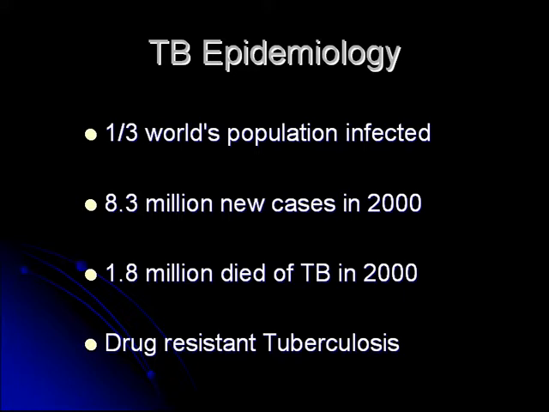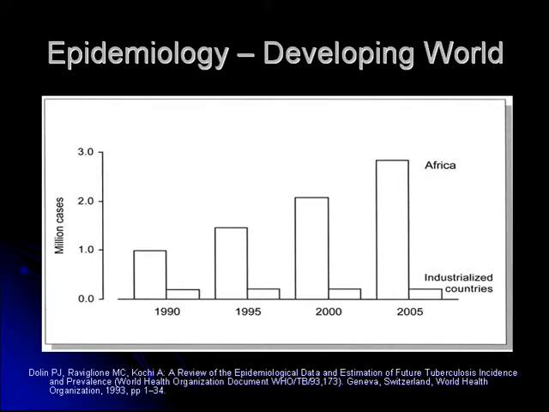Over the last 15 to 20 years, there's been a rise in drug-resistant tuberculosis, and I'll just briefly talk about why that is. This is a histogram showing that TB is really not well controlled in Africa. You can see that it's gone up and up, and this is closely related to the epidemic of HIV. In the industrialized countries, we've seen a steady incidence of tuberculosis over the last 20 years. There was a bit of a blip in tuberculosis in the mid-'80s when HIV started to appear.